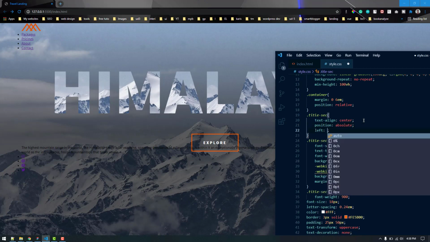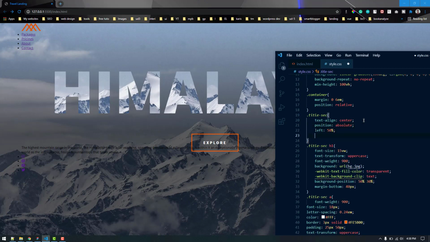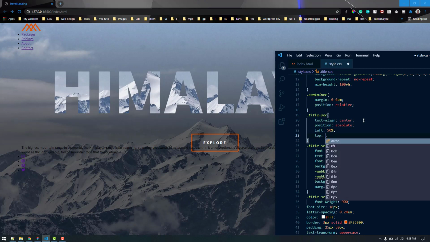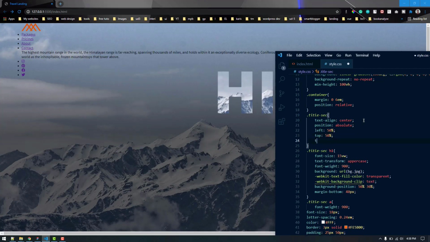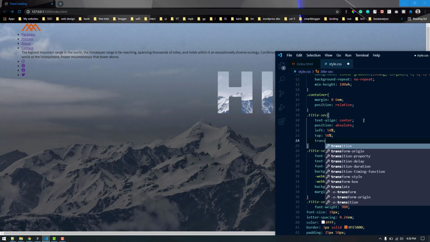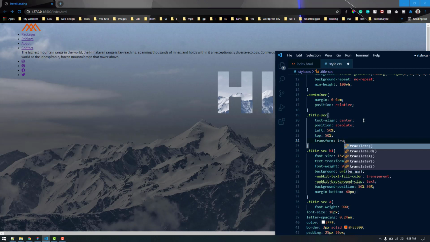Now from left 50%, from top also 50%. Now in order to make it properly centered, we can use the transform translate, around the x-axis and around the y-axis. So from the x-axis let's make it minus 50%, and around the y-axis also minus 50%.